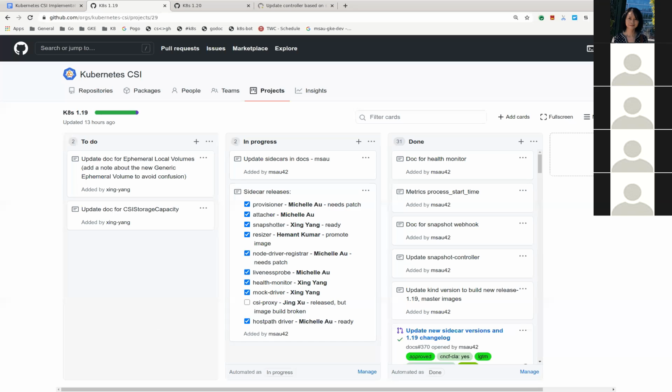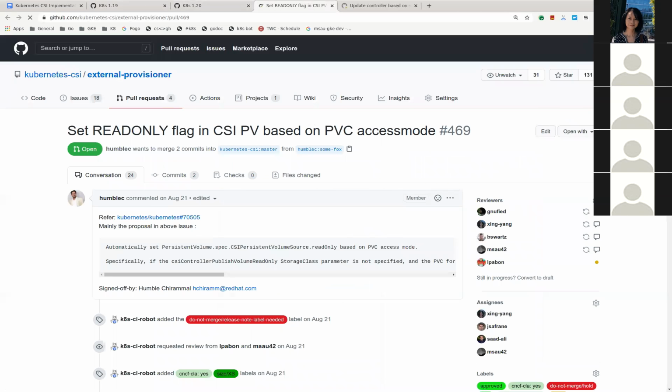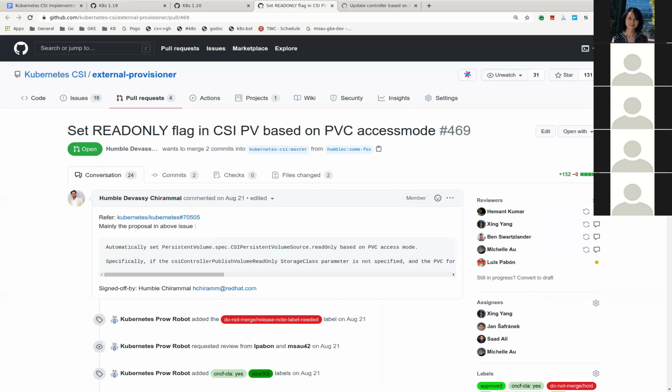All right, that's it for 1.19 stuff. Moving on to 1.20. Let's see, we have a couple PRs open. First is this read-only flag in provisioning. This is if you are, for example, provisioning a PV from a data source that has data in it, and you want that PV to be provisioned as read-only.